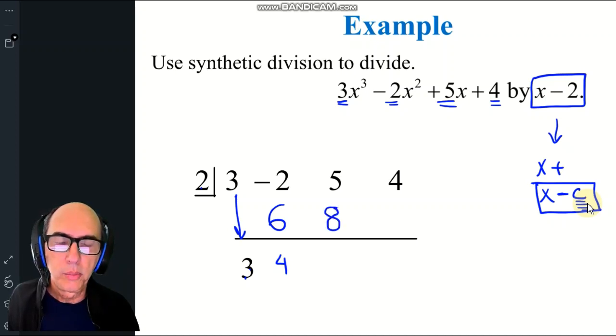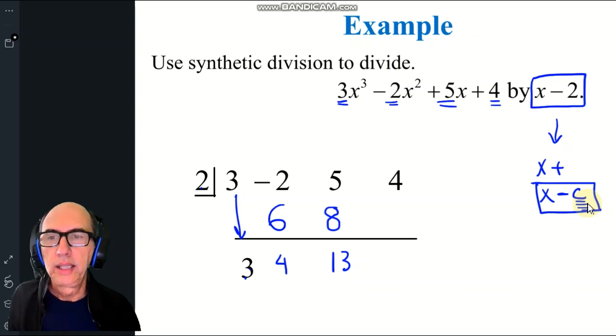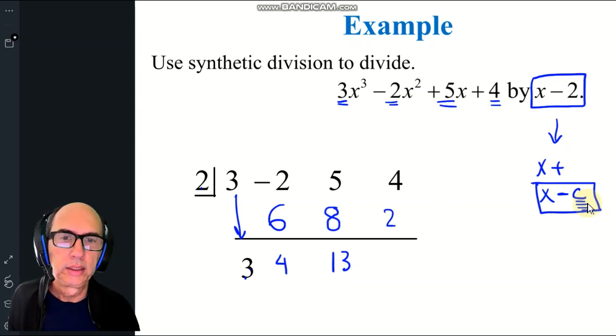Now combine 5 plus 8, 13. 13 times 2 is 26. You write the 26 underneath the 4, the last coefficient, and you combine 4 plus 26,